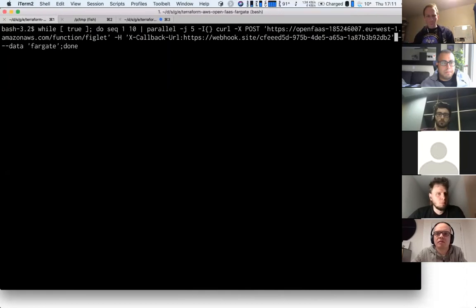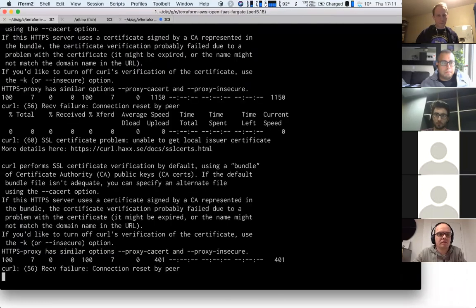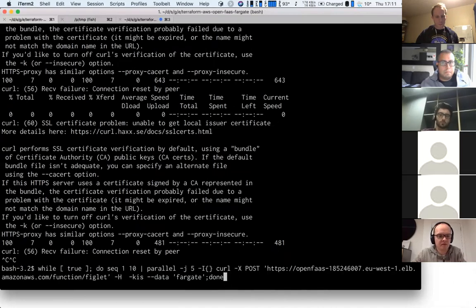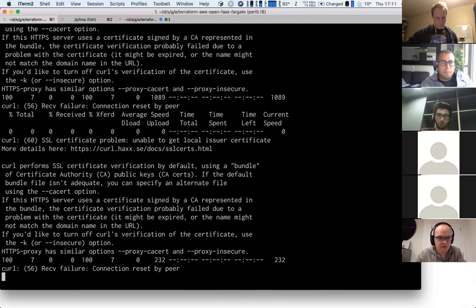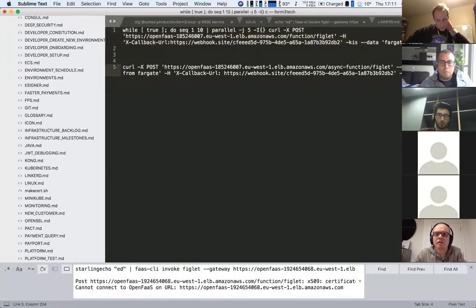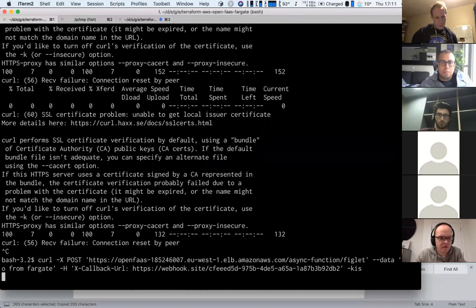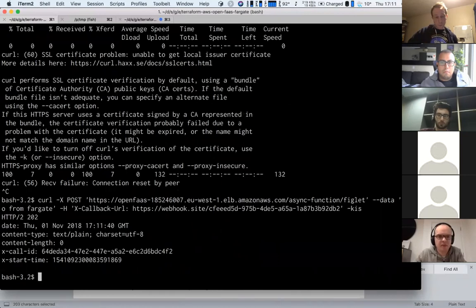I don't think we need this callback thing because we're not going to call it asynchronously. Oops, that's not working. Let's see what's not going right there. Let's try that one. That's the async one that you've got there. Yeah, that's working.